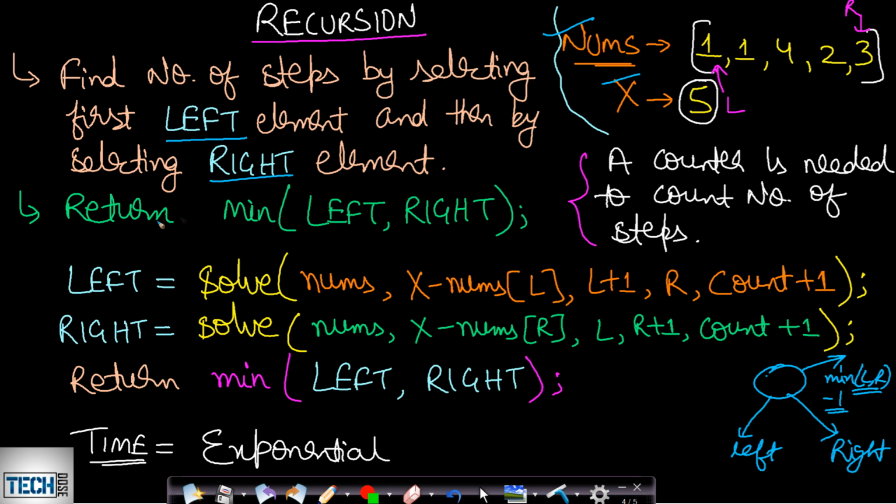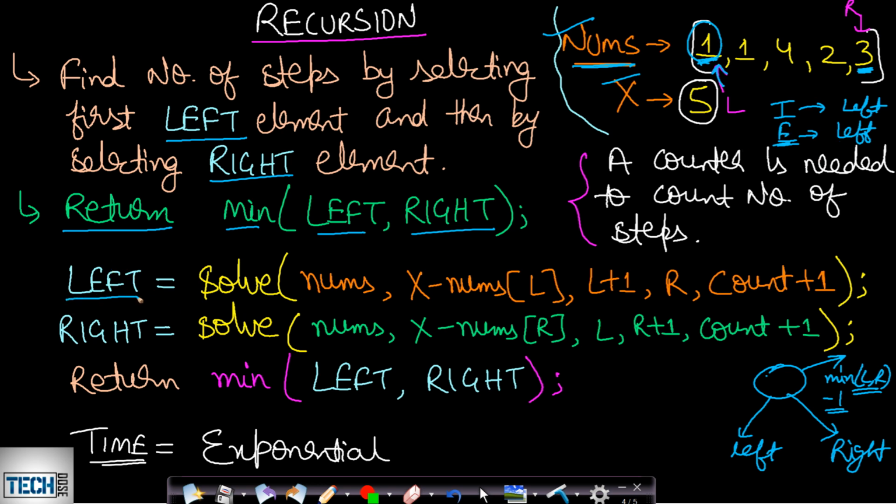Now here this is the simple approach, like returning the minimum of left call comma right call. Now if we have this nums array, then obviously we will first of all have two options, because we will always have two ends. This is the left end and this is the right end. I will be pointing to them by using the left and right pointers. Okay, so we will try basically two options. We will try to include the left pointer as well as we will try to exclude the left pointer. So excluding the left pointer means including this right value, right pointer. Okay, so these are the two possibilities which we will try.